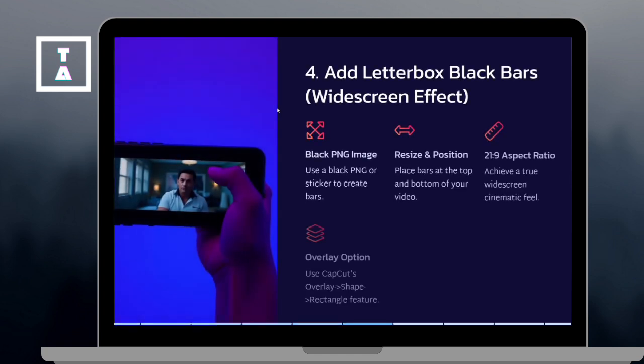Here you can also add a letterbox black bars. You can add a black PNG image and resize the top and the bottom of the screen to create a widescreen cinematic look. You can also use an overlay, then click shape, and then it's a rectangle and adjust an